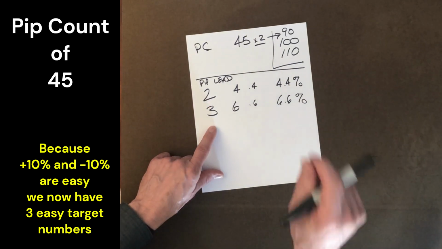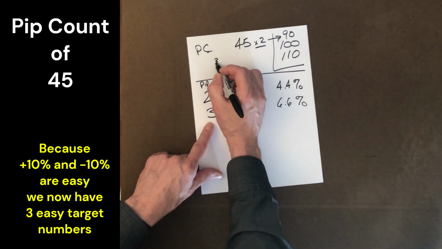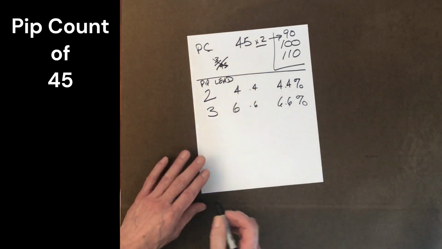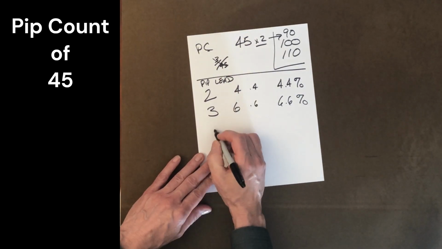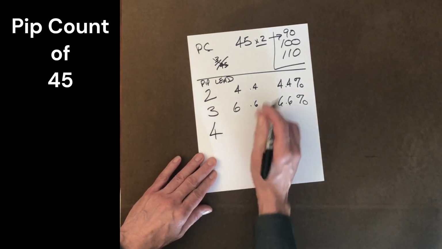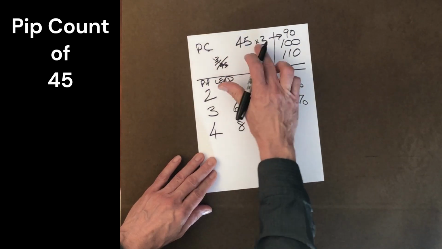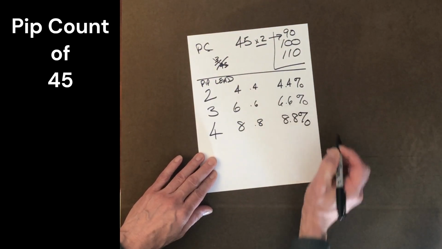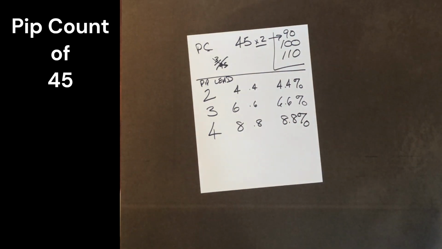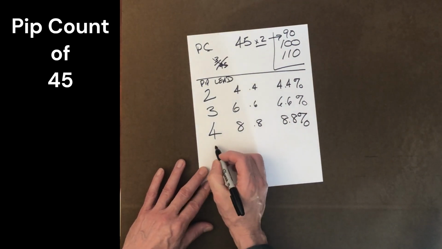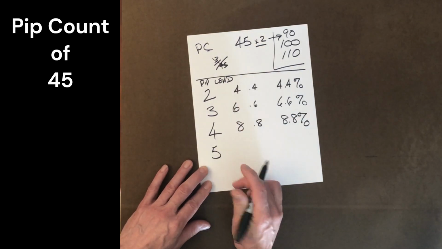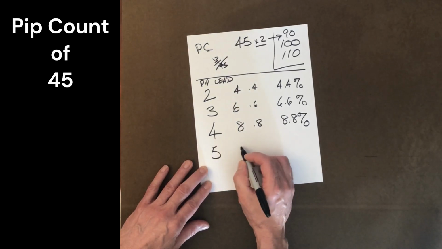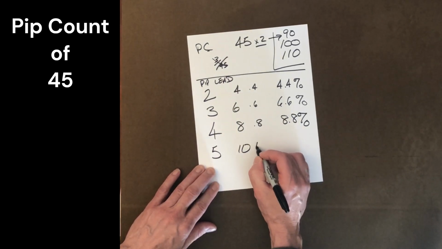If you're not using a shortcut, what you have to do is you have to do 3 divided by 45, and you have to go through all the steps. We're eliminating that. Your pip count's 45. Race lead of 4. We're going to double it to 8. We're going to add 10%, 8.8%. This initial cube, we're within our window, 8.8%, very easy cube. Pip lead is 5, pip count is 45. We're going to double it to 10. We're going to add 10%,